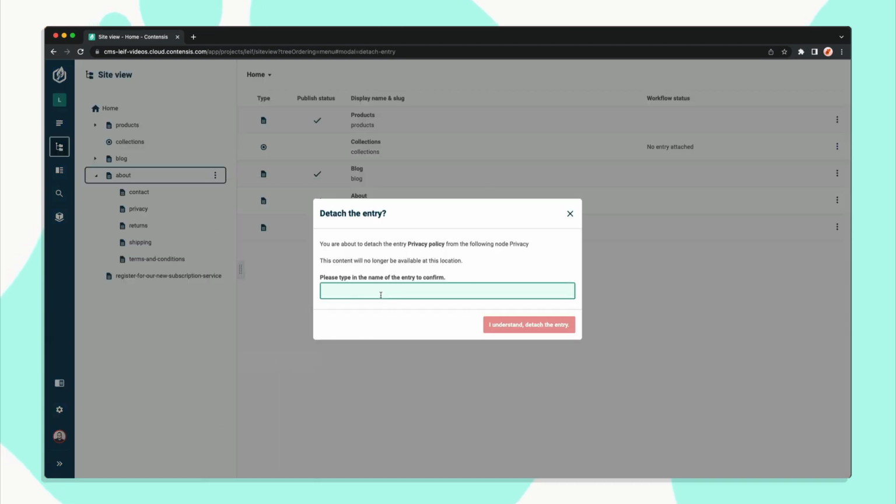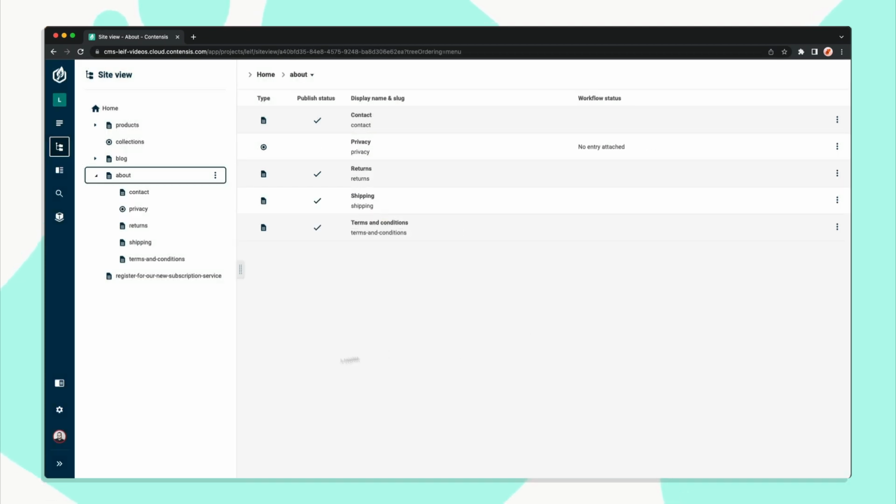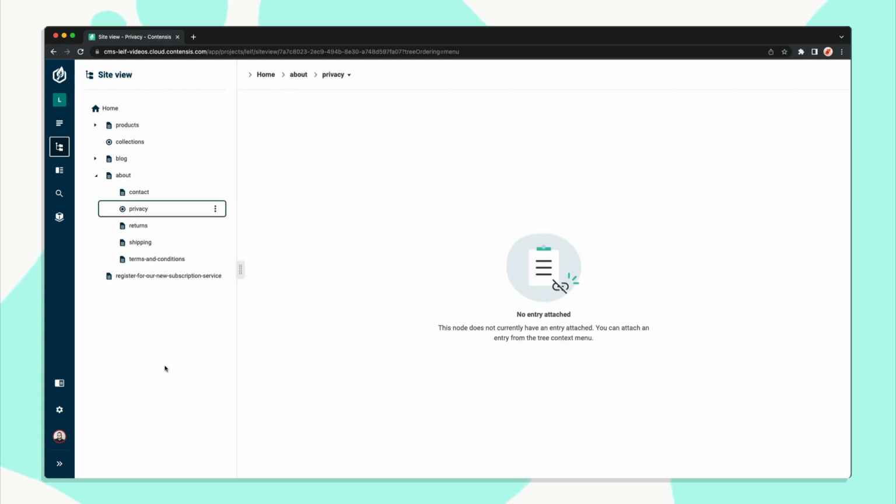Entry. To confirm this, type in the name of the entry that you want to detach from the node. And once that's been added, choose "I understand, detach the entry." With that done, the node changes in Site View to an orphan node without an entry attached, and from here